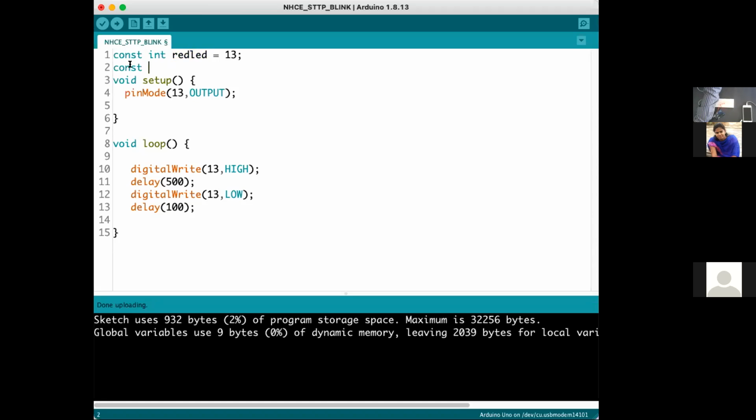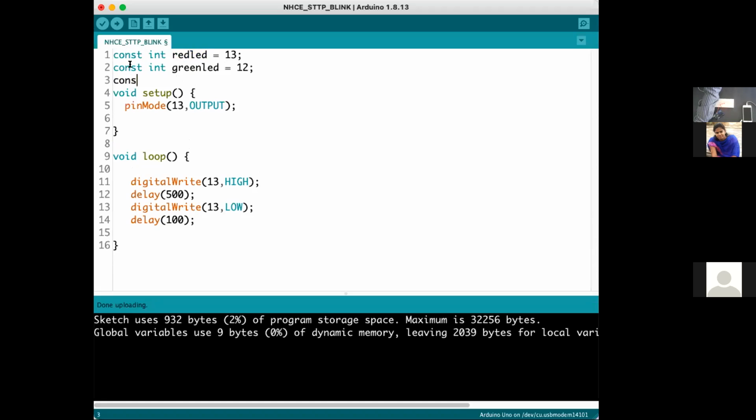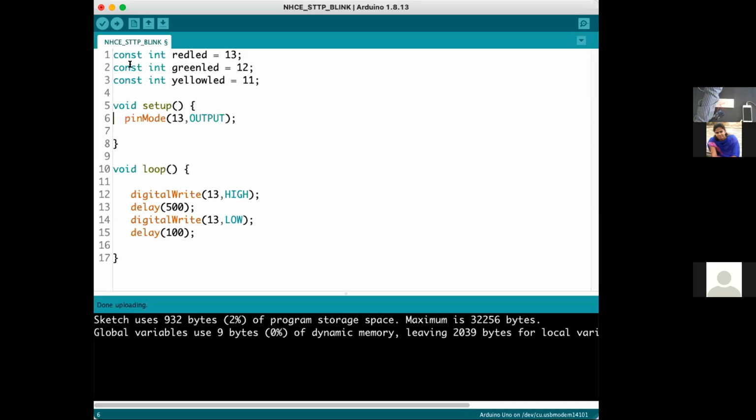The second LED I'm connecting as a green LED to pin number 12. The third LED I'm connecting as a yellow LED, yellow LED is equal to 11. This is the pin numbers that I have decided.